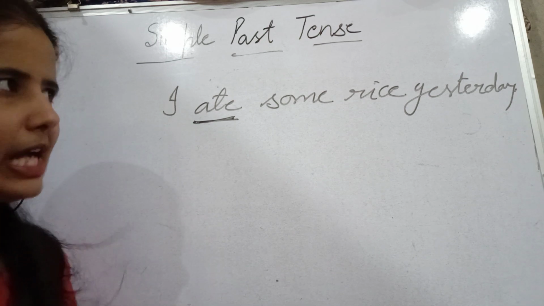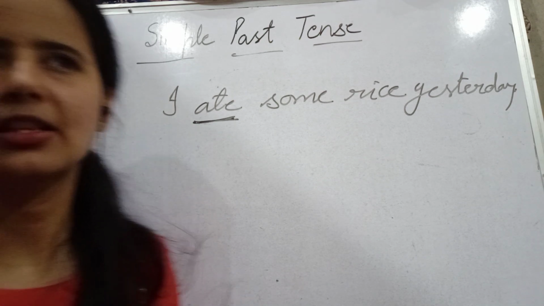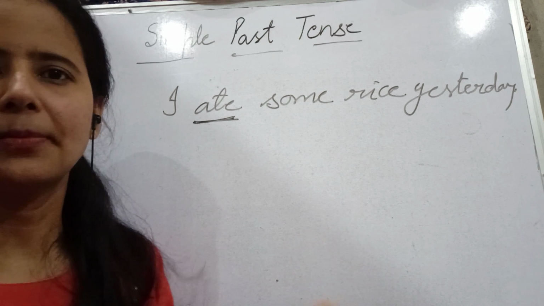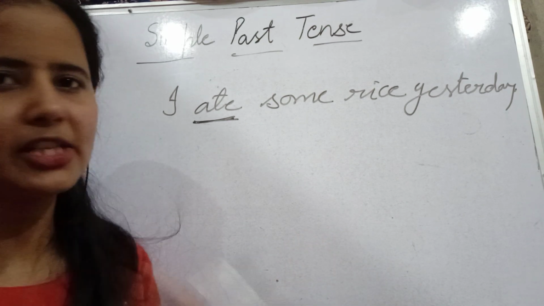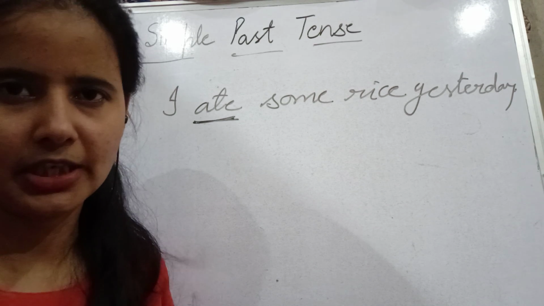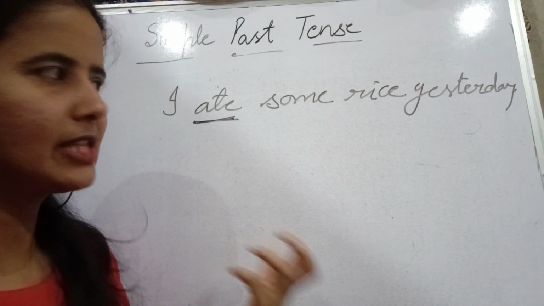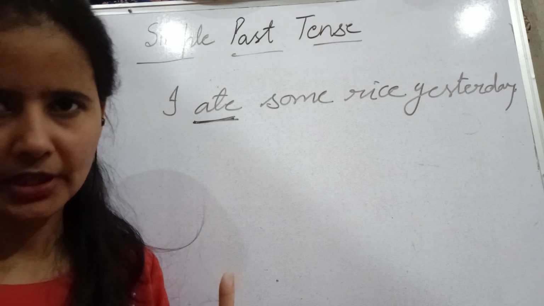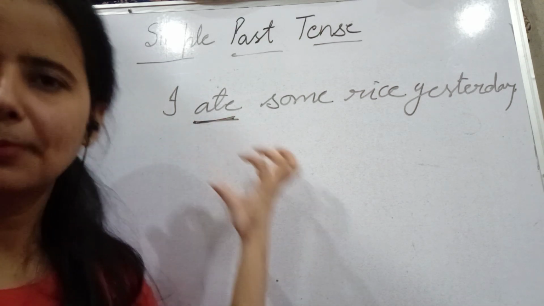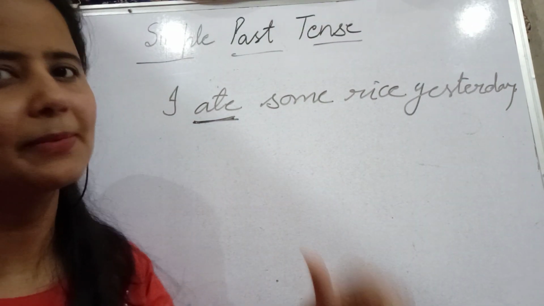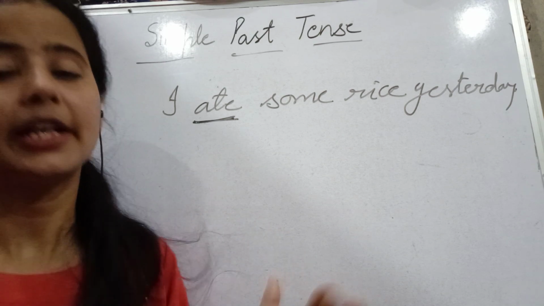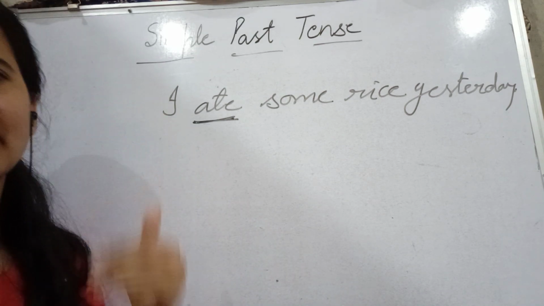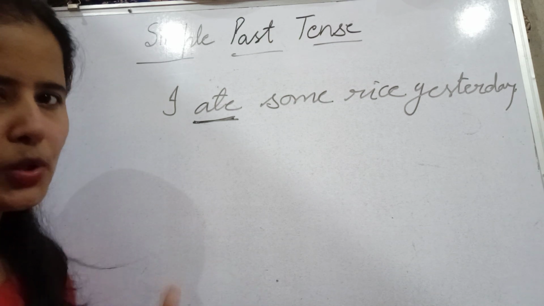Alright, because I have heard several times students being confused in simple past tense and present perfect tense, because present perfect tense also shows the complete action, isn't it? Present perfect tense भी आपको क्या दिखाता है? Action that has been completed recently. ठीक है, पास्ट भी आपको क्या दिखाता है? सिंपल पास्ट टेंस भी ये दिखाता है, the action has been completed, the action has not been continuing now. ऑलराइट, so how to identify, how to differentiate between these two tenses?